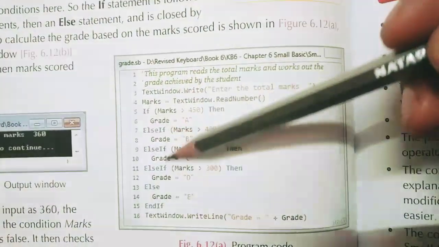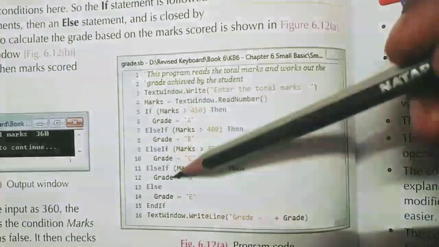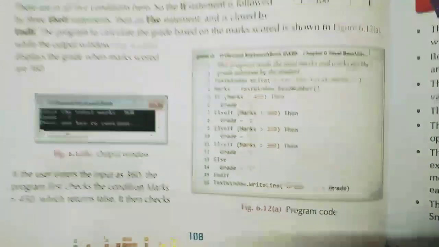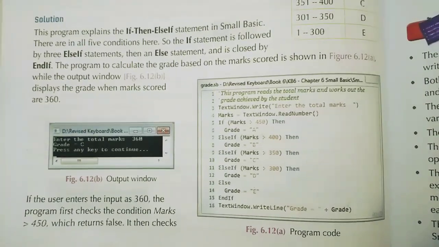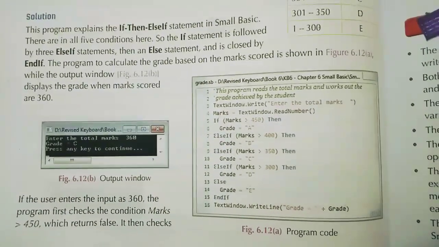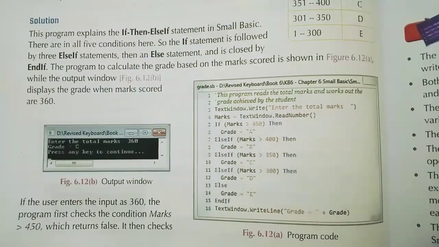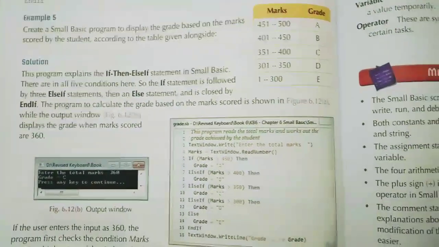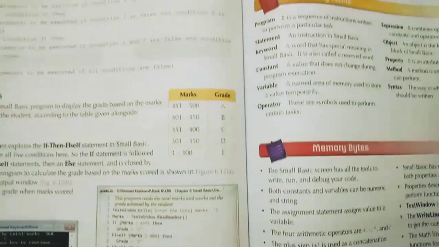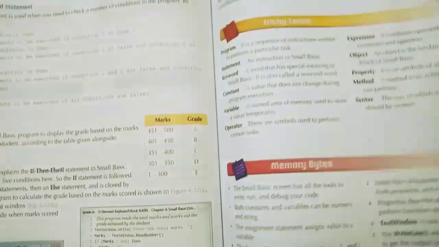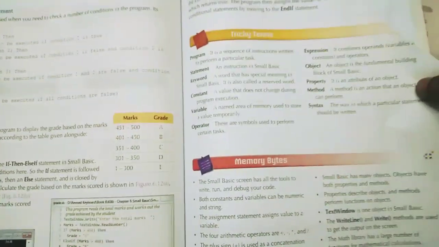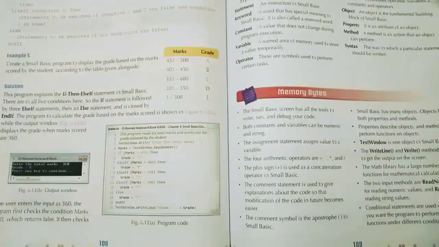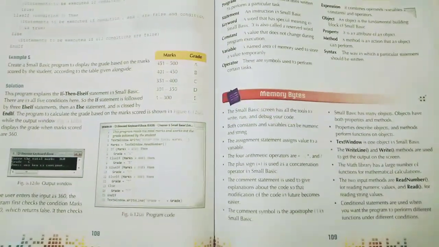Understood? So in this way, if there are many conditions, you have to write else if. Okay, understood? So these are very important topics about conditional statements. So read properly, study properly everything, and practice the codes how they are written. Okay, understood? So in this way our chapter is complete. So study all the things properly. If you have any doubt, then ask me. Okay, thank you.